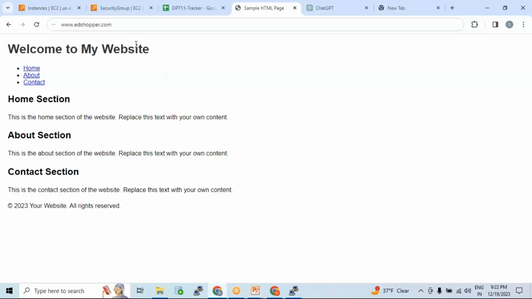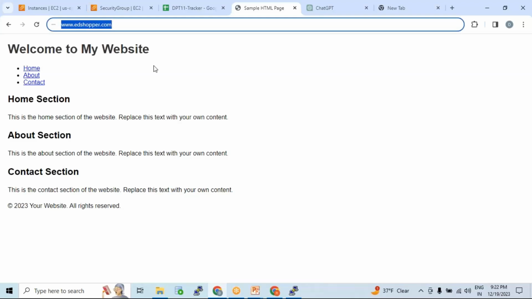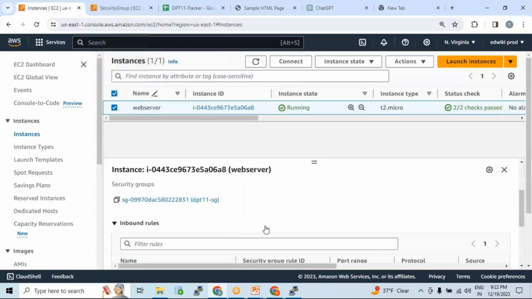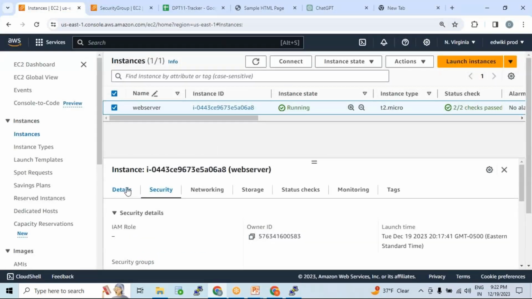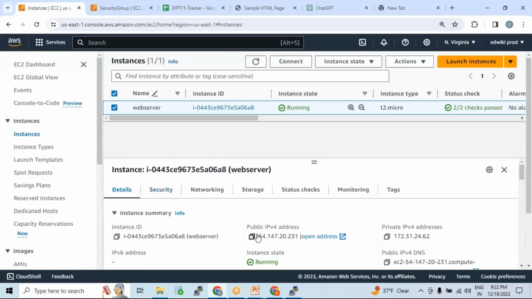So whenever you are expecting the website to come by the website name, the only thing is the name has to be converted into the IP address. Makes sense, right? Because IP is the one which allows us to reach the server. The EC2 server is accessible using this IP address, right? That's what we know already. So if you want to access the website using the name, ensure that your name is converted into the IP address,